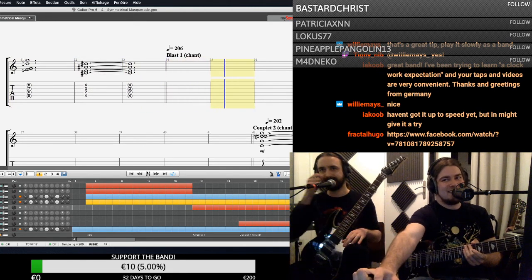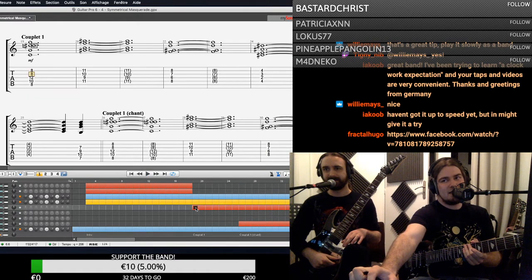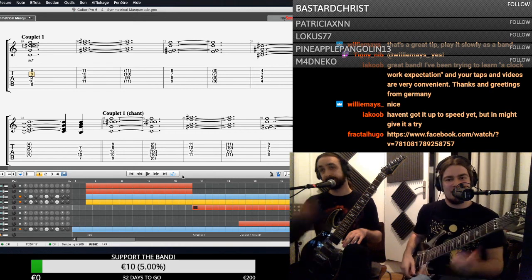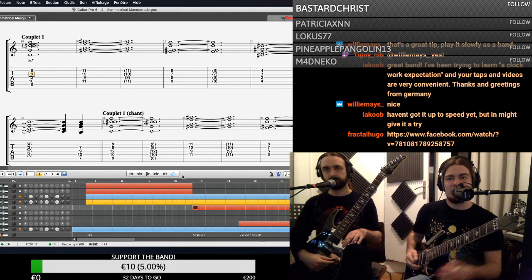All right. So yeah, I think since there's a bar missing in the beginning. Okay, doesn't matter. In terms of the chords here, it's basically a 4-chord loop with just a little extra throw